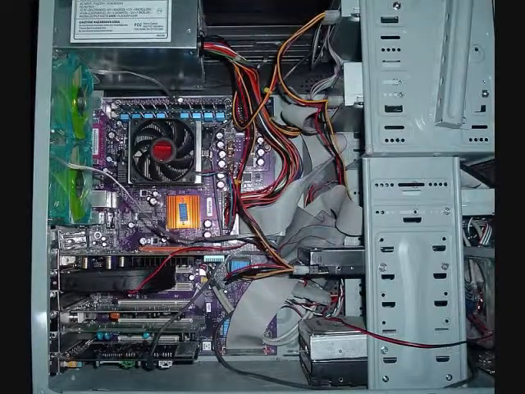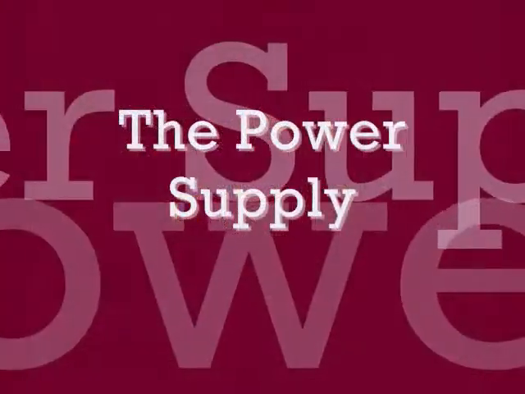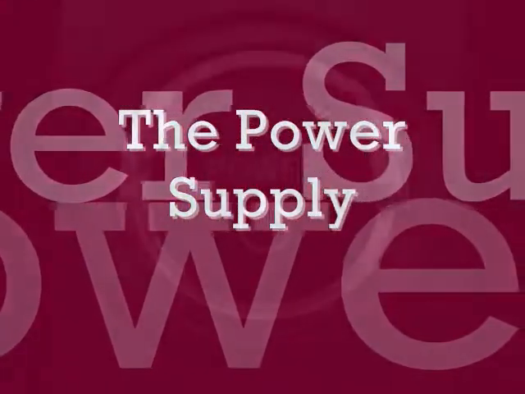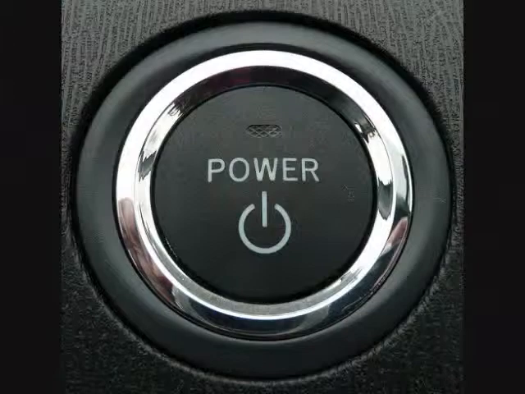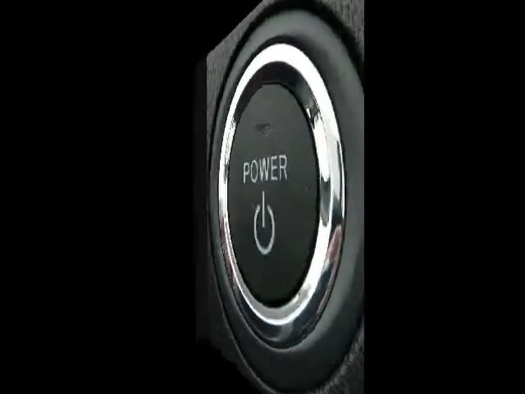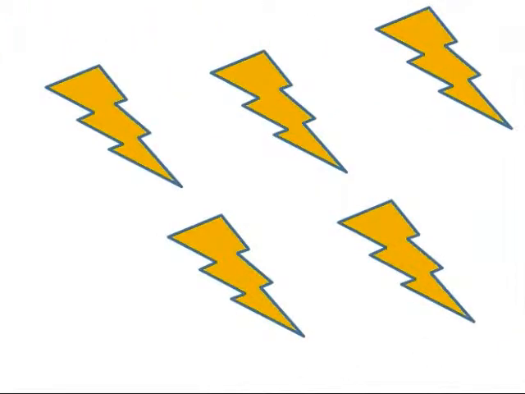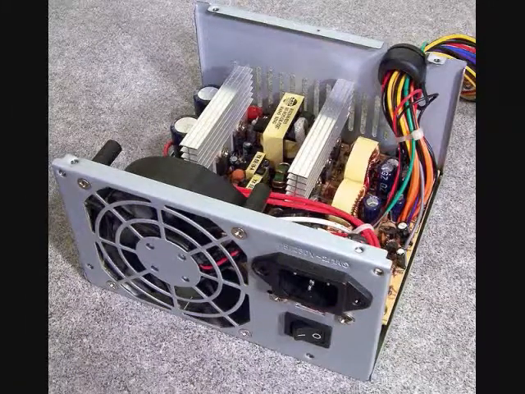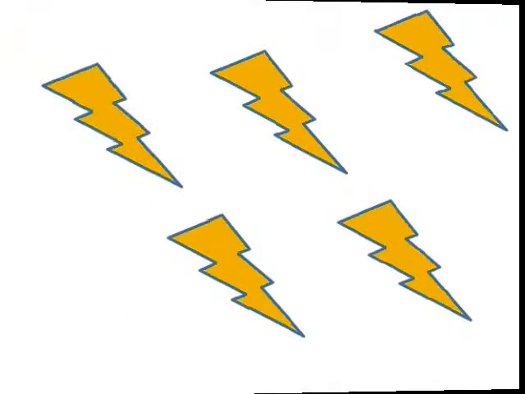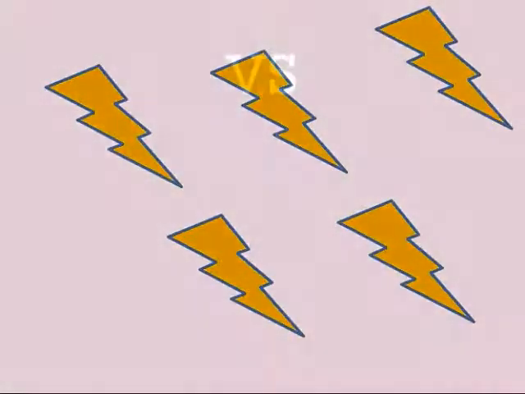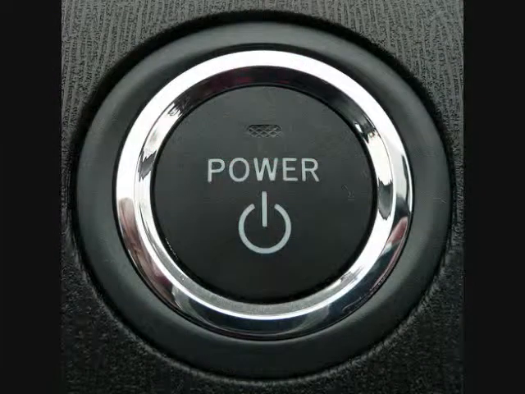inside the average PC. The first thing you do when you sit down at a PC is turn it on. When you push that power button, you are actually sending a 5-volt signal to the computer's power supply. This signals the power supply to begin operating and transmit electricity to the rest of the PC's components. Where does that initial 5 volts come from? Well, even when your computer is powered down, it retains VSB, or standby voltage, so you can turn it on